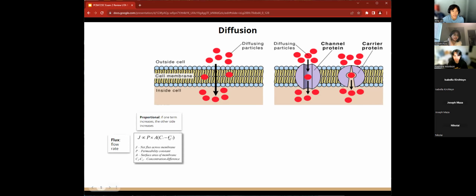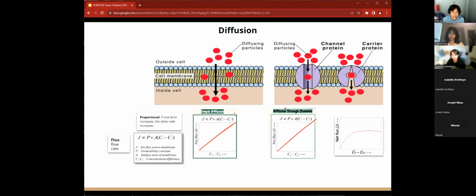Okay, so first let's talk about this equation, sorry. Notice that symbol indicates flux is proportional to all of these things over here. So basically an increase in permeability will increase the flux, increase in your surface area will increase the flux, and a greater concentration difference will increase your flux, aka your flow rate. However,